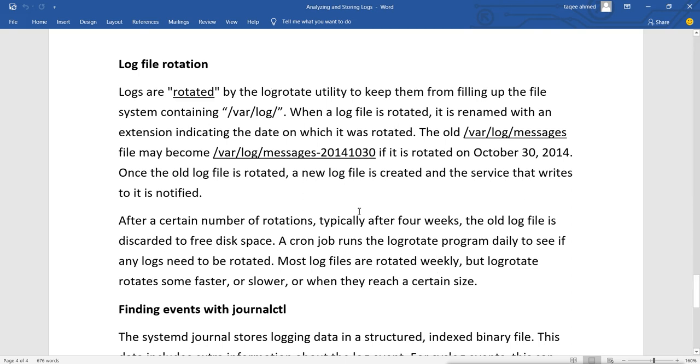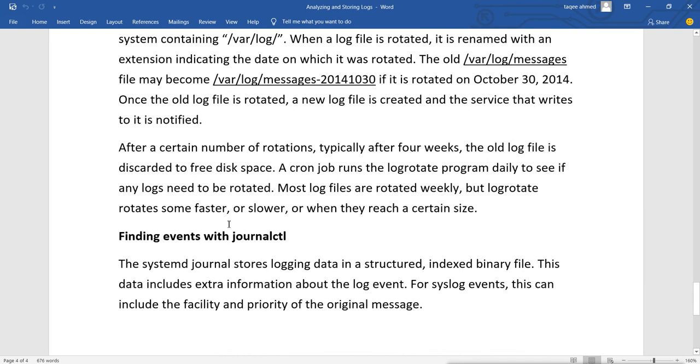Now the other thing is finding events with journalctl. As we have seen when we started, there is systemd-journald. Systemd-journald is the service that collects the logs. It stores logging data in a structured, indexed binary file, and this data includes extra information about the log events.